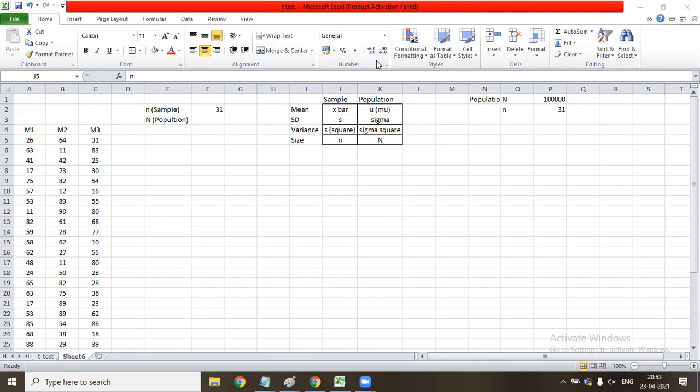So we perform this test only when we need to infer the means of a population, right? Only when we are comparing one mean or two means do we use the T test. Whenever we are trying to infer more than two means of a population, it is the F test. Okay, sir.